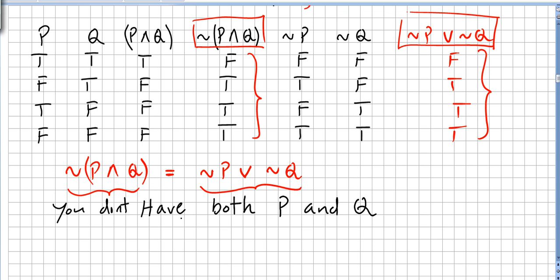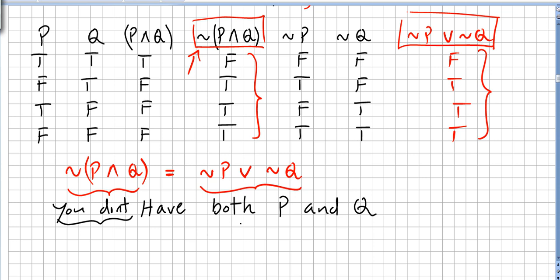Well, the alternative is not a well-defined proposition, okay? Or it would be well-defined, but not what we want to say. So what we are saying here is you don't have this one. And what is this one? Both at the same time, P and Q. Okay,